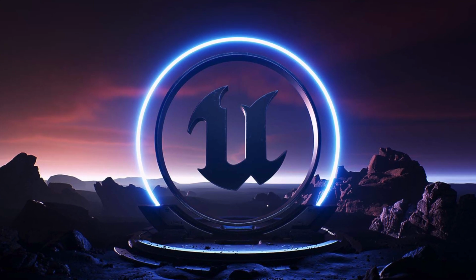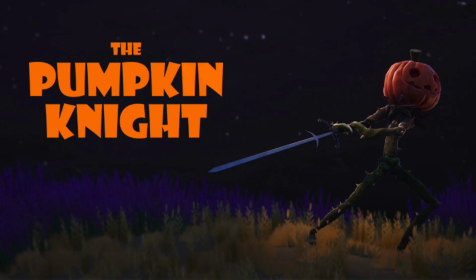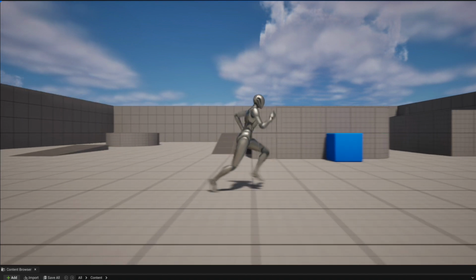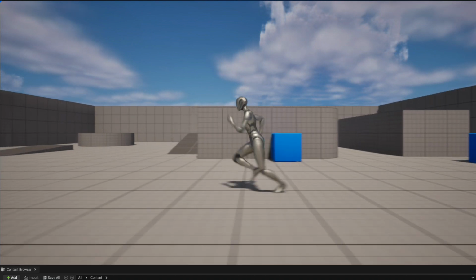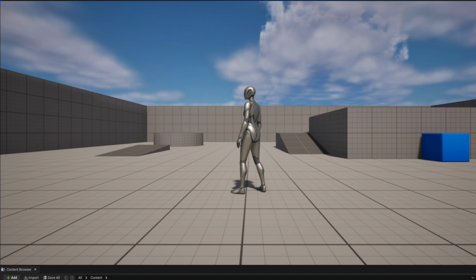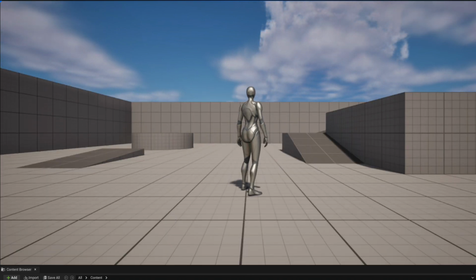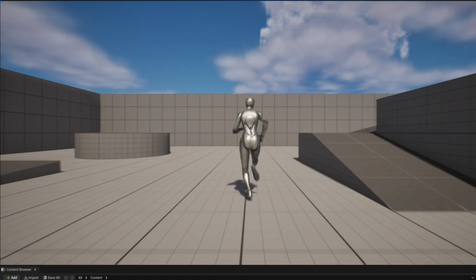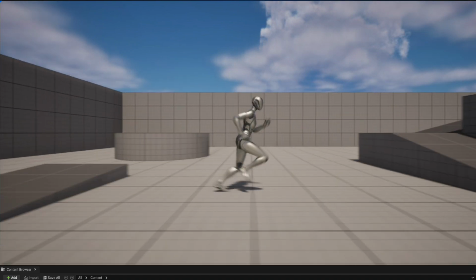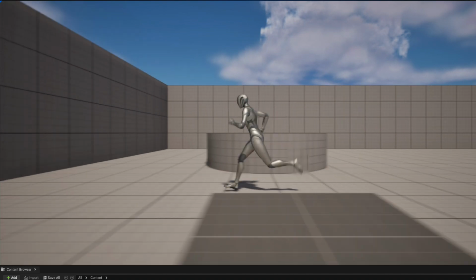So let's start at the beginning. For the Pumpkin Night, which is what I called my little game, I started by recreating the animations that are in the third-person character template, which are a walk, an idle, a run, and a jump animation. Now the jump animation is actually split up into three. You have a launch when you begin starting to jump, you have a fall loop, and then you have a landing animation. So I started by recreating all of those in a cartoony animation style because that is my favorite